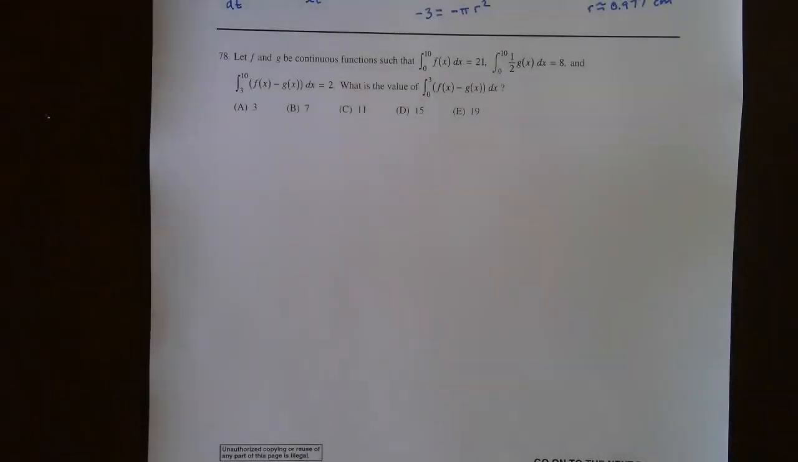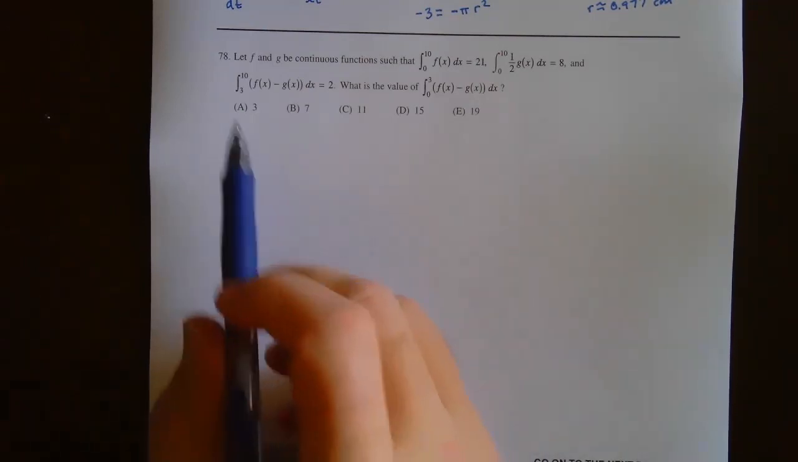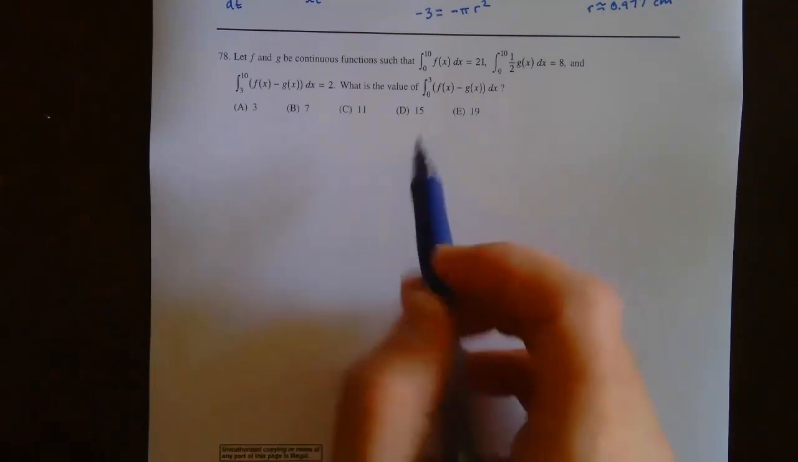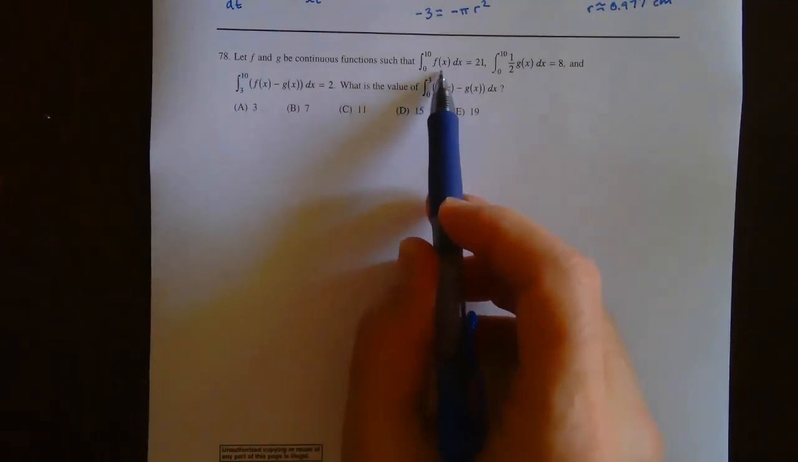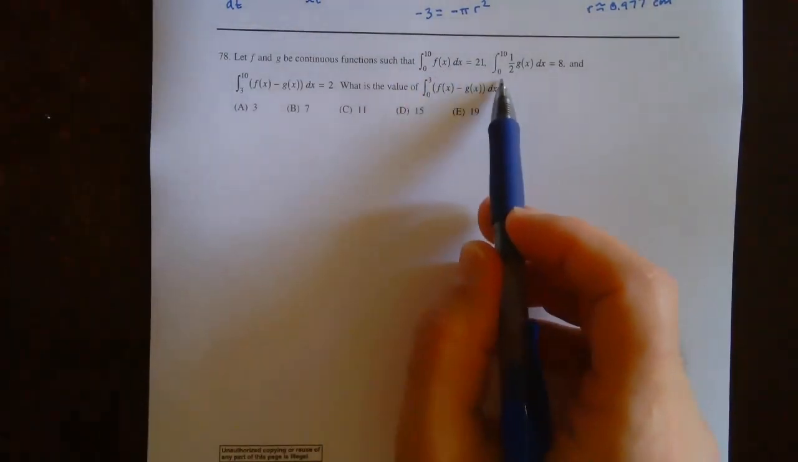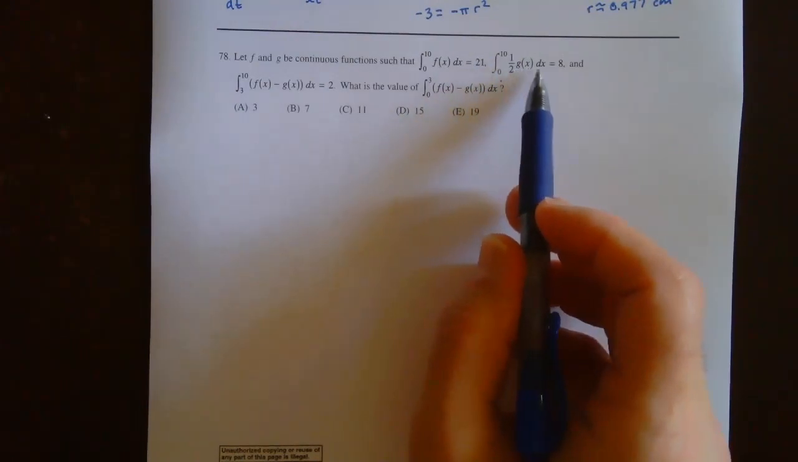You guys, number 78, I think this is a perfect example that they could ask you on the exam this year, because it's not a textbook problem, okay? All right, number 77 is, but this one isn't, okay? So it says f and g are continuous functions, and they give you the integral from 0 to 10 of f of x and what it's equal to, and then the integral from 0 to 10 of 1/2 of g of x dx,